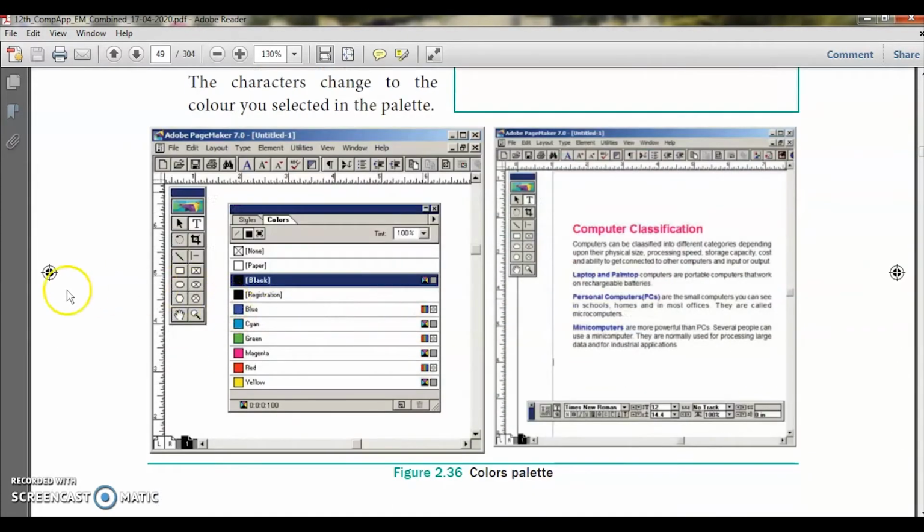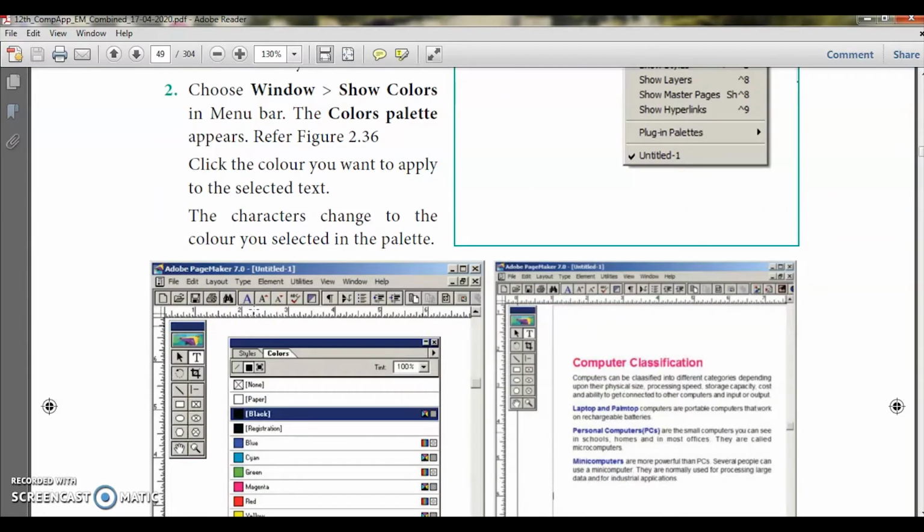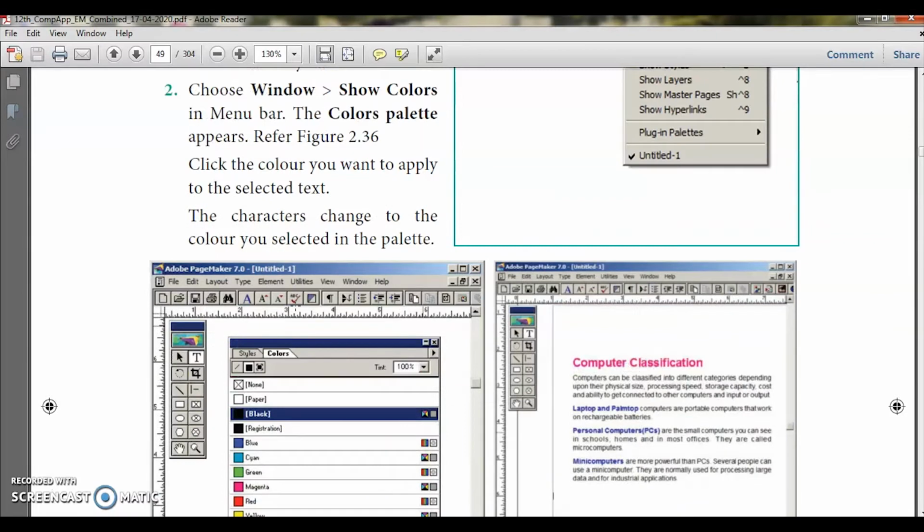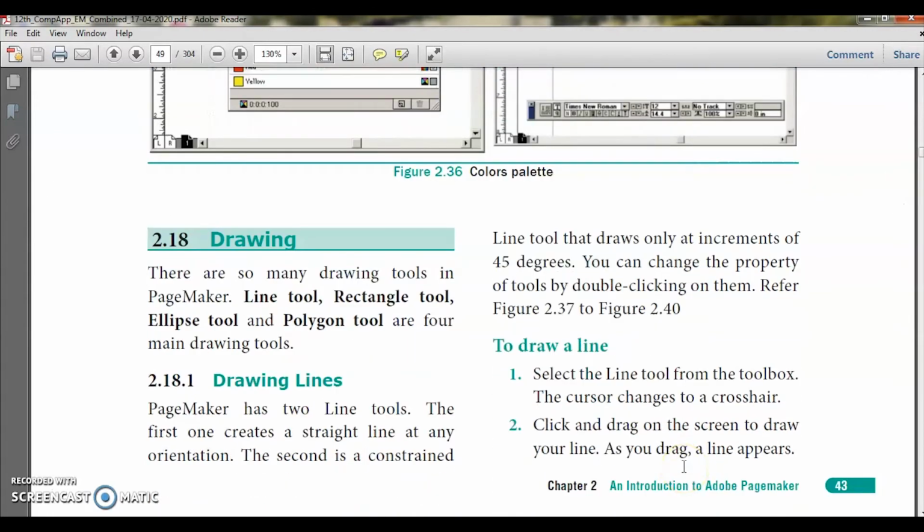So first you have to select the text and then you have to select the text color and then you have to apply. Okay, so this is the one given here. In the color palette, click the color you want to apply to the selected text. So they have given an example where one text is given in rose color and the other text is given in blue. All the others are given in black. Okay. So I think you must be very clear up to this.